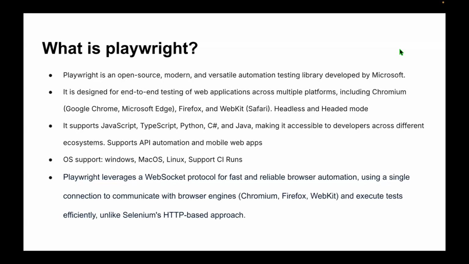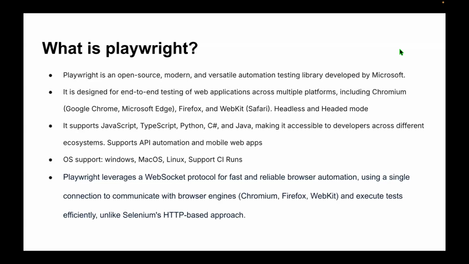WebKit is for the Safari browser, where sometimes we need to interact with Safari even on Windows, so we try to run our test cases from Windows OS on the Safari browser. Vice versa is also possible, guys. And we will have the approach of executing tests, where we have direct communication with the browser engine, guys.